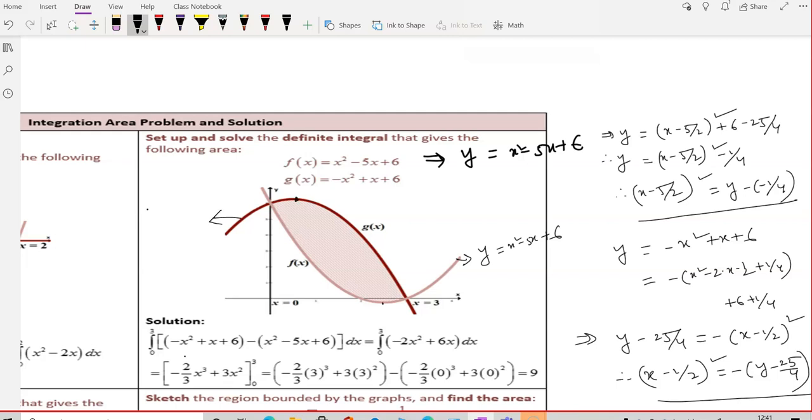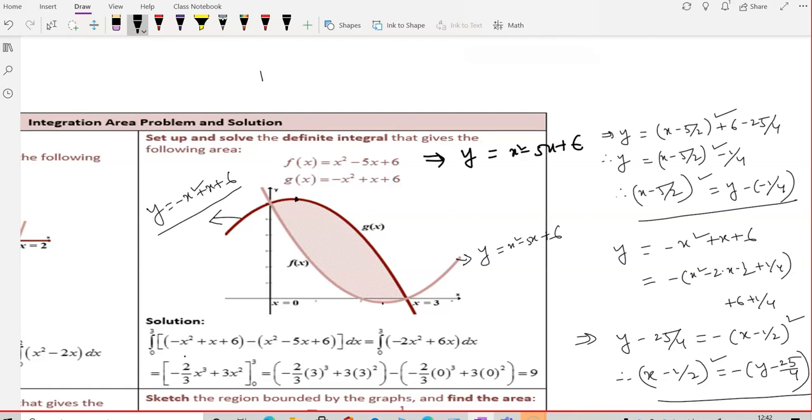So this parabola we are referring to as y equal to minus x square plus x plus 6. After getting two parabolas, they ask you to find the area bounded between two curves. What do you have to do there? You have to get their point of intersection. The point at which they intersect, if you solve algebraically, how to get the point of intersection? I am doing that at this part.